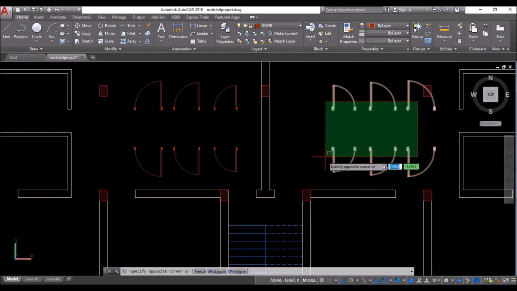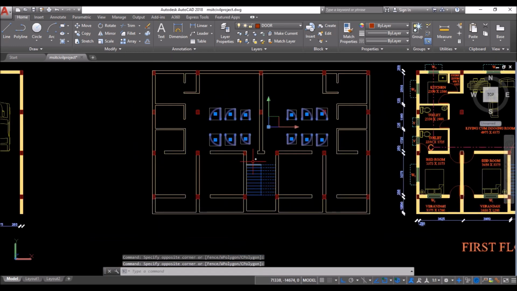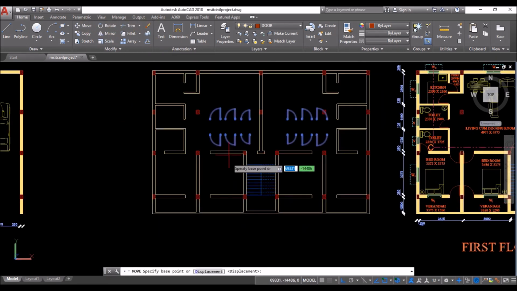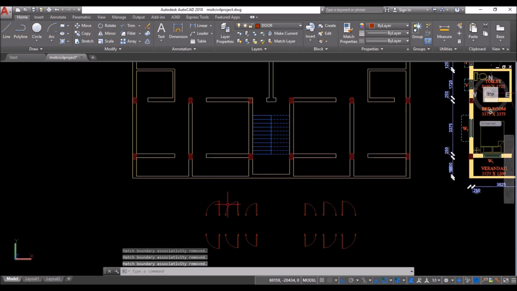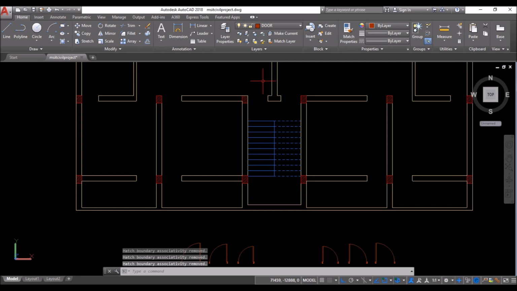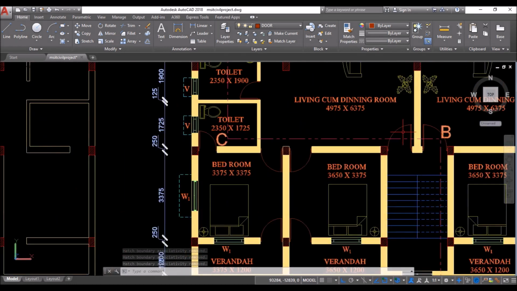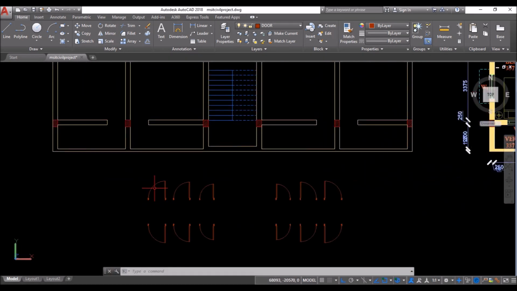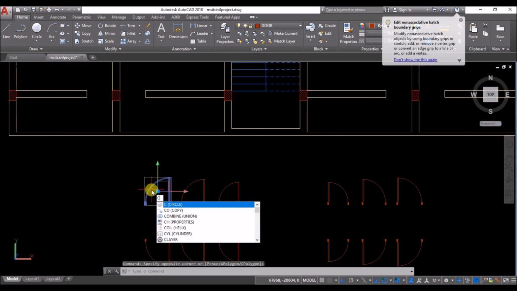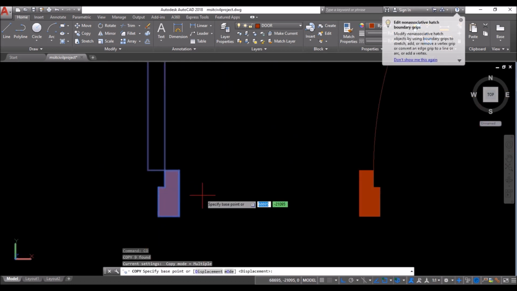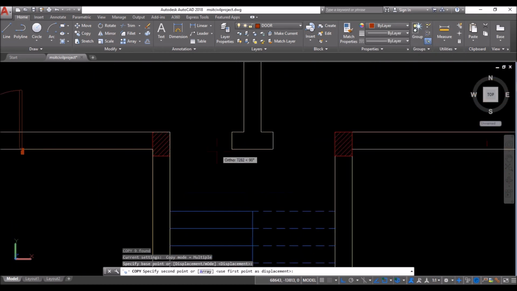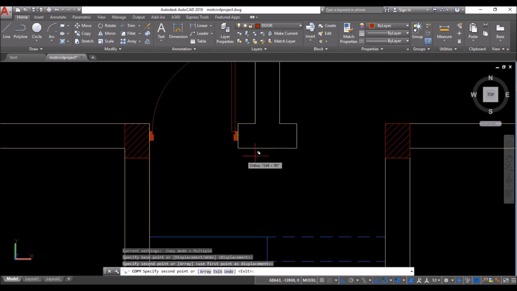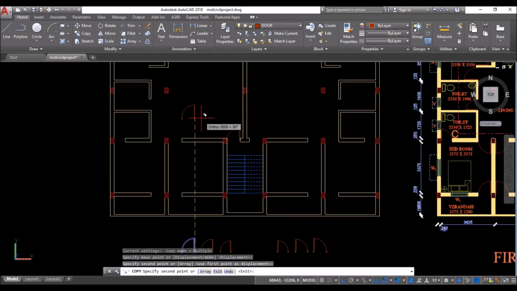I'll do one thing, I'll select all the doors and move them out of this house so that it doesn't get messed up. Now I'll select the doors one by one and place them at proper positions. So first is this entry door. So select this one, type CO and press enter. Click at this midpoint snap as shown. And then click at this midpoint snap to place the door over here. Right click to exit.